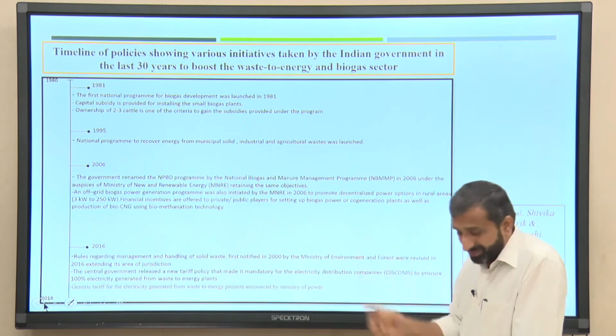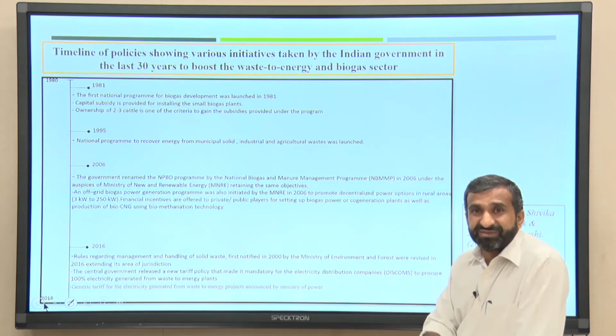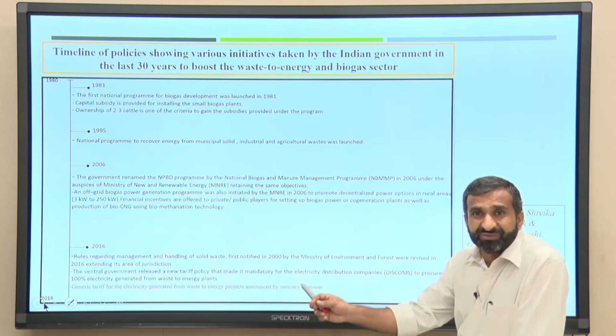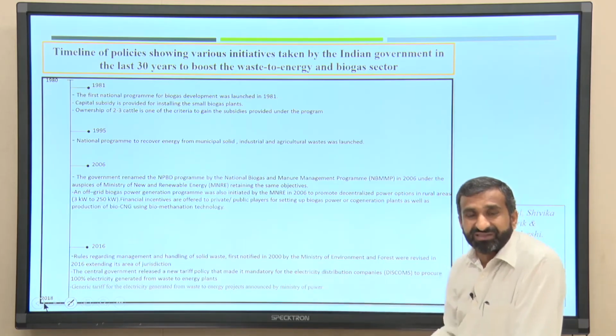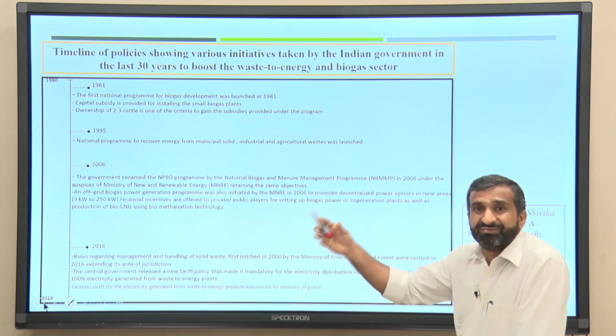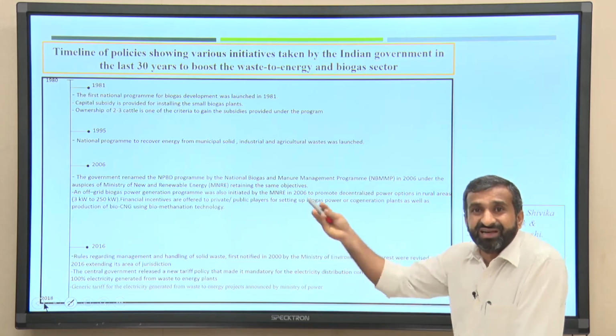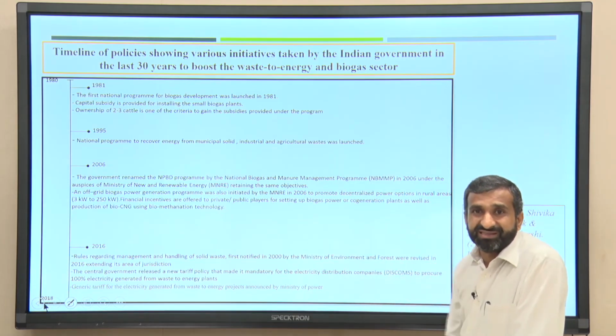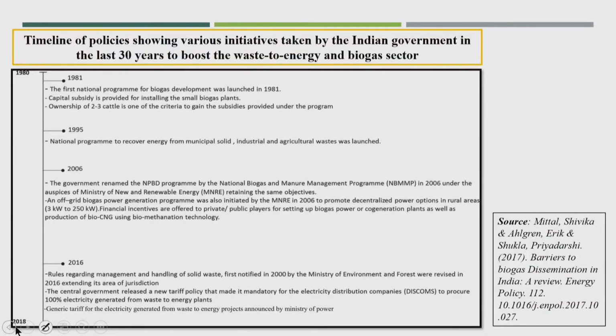So, here waste to energy means the same gas could be used for cooking purposes, that is one kind of energy, and the same methane gas can also be converted into electricity. So, this is also one kind of energy production.